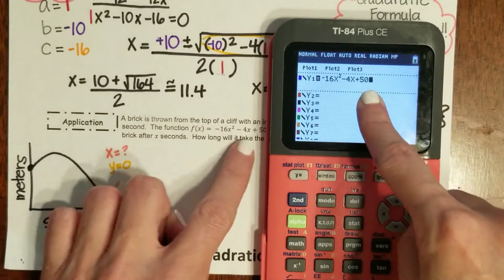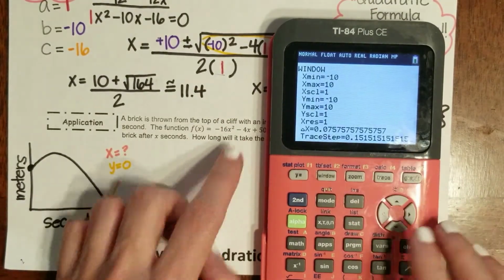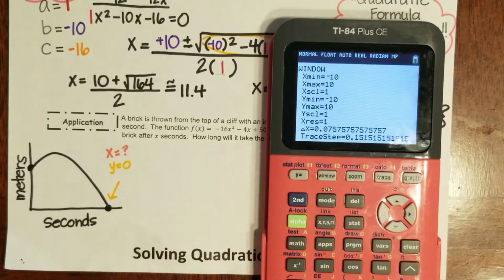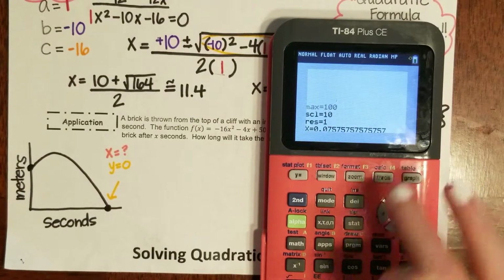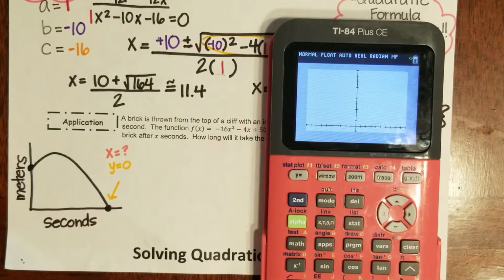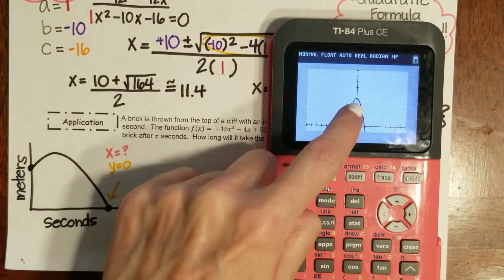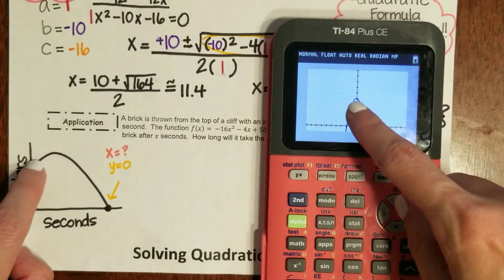Now remember, the C coefficient is telling me my y-intercept, so I need to adjust my window because going up to 10 is not high enough. I'm actually going to go up to 100, and I'm going to count by tens, and I'm going to see if that window adjustment does anything for me. Okay, so you can see it starts at a cliff, and then it kind of goes up, and then it